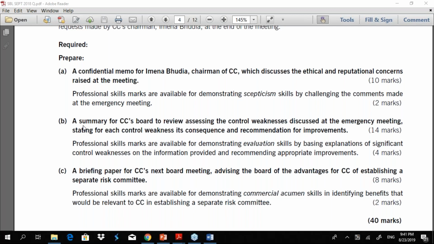Basically, a best course of action. See, an unlisted company, a small company, can have one committee that will be looking at both. But here, this is a large, listed company. Then your advice should be different.